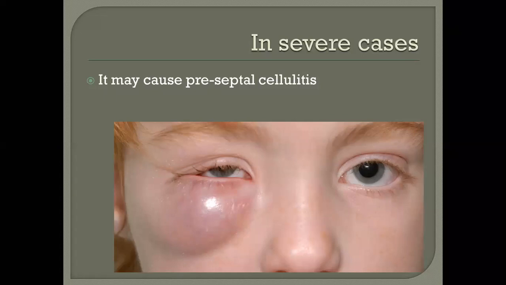और अगर इन्फेक्शन इतना सीवियर है कि वो ऑर्बिटल सेप्टम क्रॉस करके ऑर्बिट के अंदर पेनिट्रेट हो जाता है, then we call it an orbital cellulitis or post septal cellulitis. So orbital cellulitis is a very severe condition and we need to admit the patient in the hospital and we have to give IV antibiotics to control the infection. और पोस्ट सेप्टल सेल्यूलाइटिस में हमारे आईबॉल के मसल्स भी इन्वॉल्व हो जाते हैं जिससे कि आईबॉल मूवमेंट भी रिस्ट्रिक्ट हो सकती है. तो that is one of the very severe conditions and usually commonly associated with high sugar level,